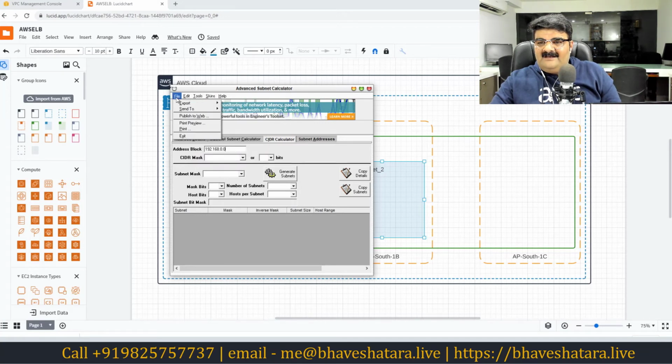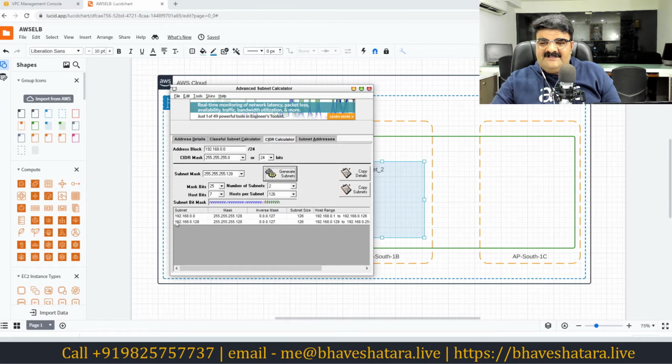Yeah, I don't have any option to make it large. Okay, and we are having this /24. And here is the mask bit and everything over here. So here we have the number of subnets as 1. If you use this subnet calculator and select 2 subnets, and then click generate subnet, it will give you these details.